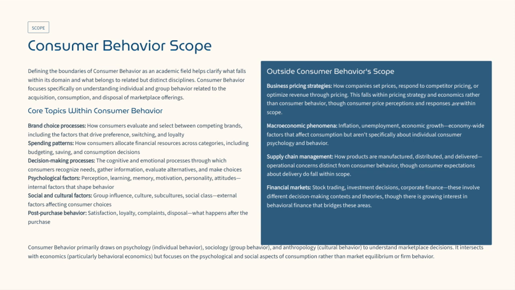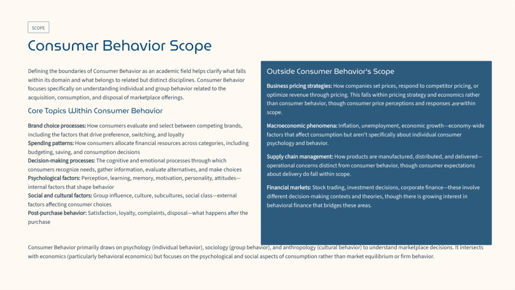What is truly outside the scope includes brand choice processes, spending patterns, decision-making processes, psychological factors like perception and motivation, social and cultural influences, and post-purchase behaviors such as loyalty or complaints. In summary, consumer behavior focuses on understanding how individuals and groups acquire, use, and dispose of goods and services. It centers on internal psychological factors and external social influences that shape consumer choices, helping us better grasp what drives